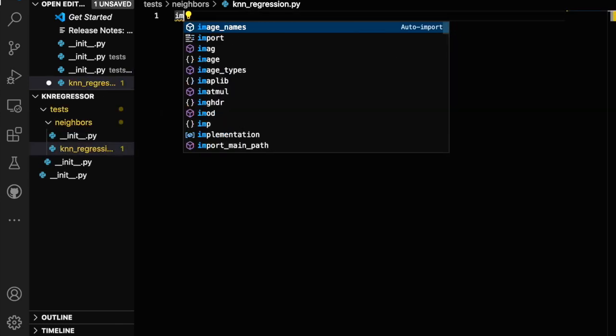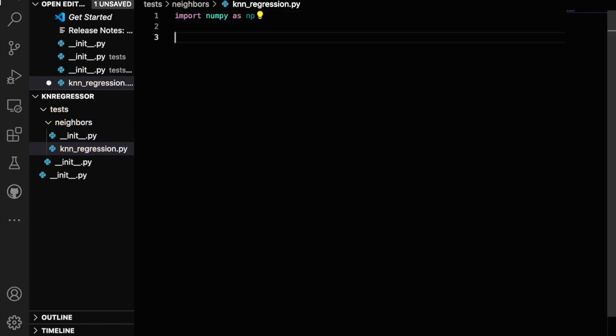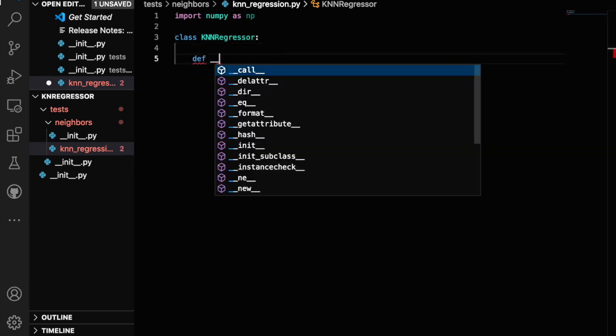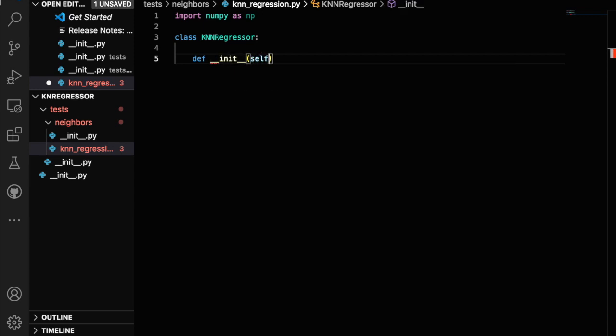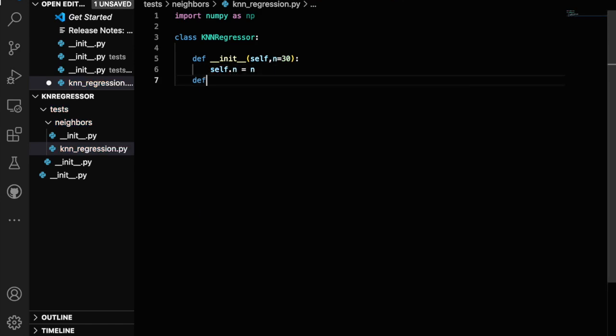So on here, we're going to import Numpy as np, and then we're going to call our class KNN regressor, and then we're going to have an initializer, and on our initializer we're going to set n initially equal to 30. So we're going to say self.n is equal to n, and then within this class we're also going to have